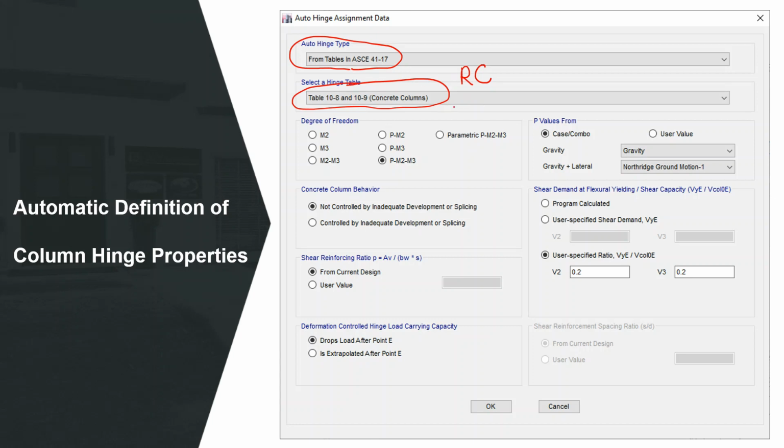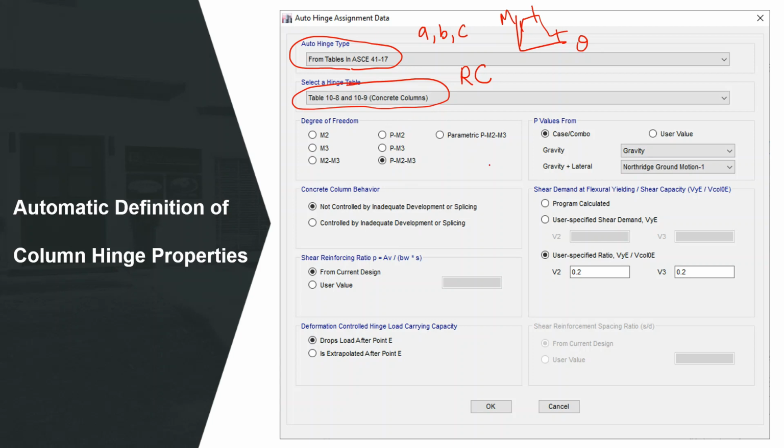For that, the program will use the ASCE 41 table, and it will extract small a, small b, small c, which means the M theta curve, and the IO, LS and CP from those tables, and all the information required to use those tables will be asked from the user in just one form, this form.